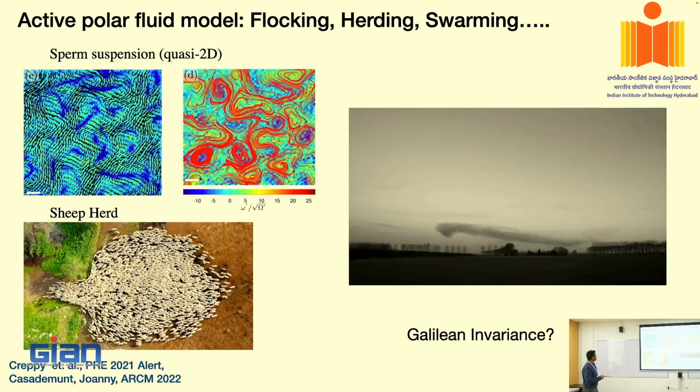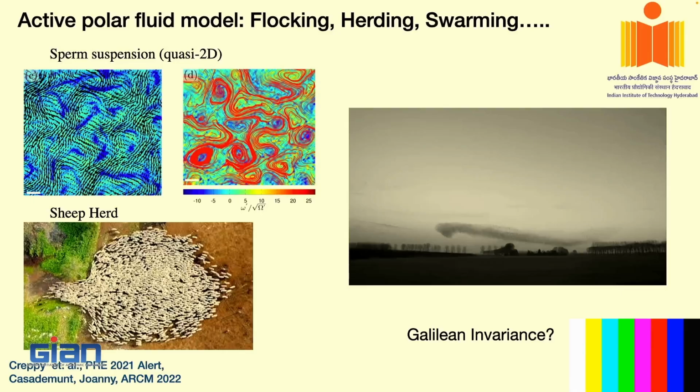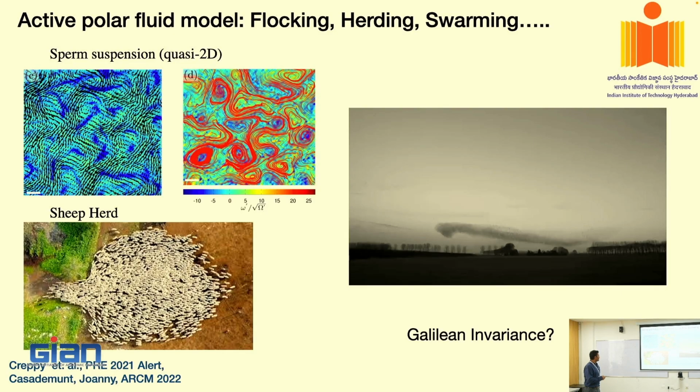Here these sperms, they are moving in a fluid. Okay, so you can easily see that there is a flow around them. But what happens to this system? Can anyone tell? Of course it says sheep herd, right? So what do you think of this? It's pretty regular, right? You can think about the structure, it's pretty regular, and so you can see what is happening here. They are trying to go through this narrow path, right?